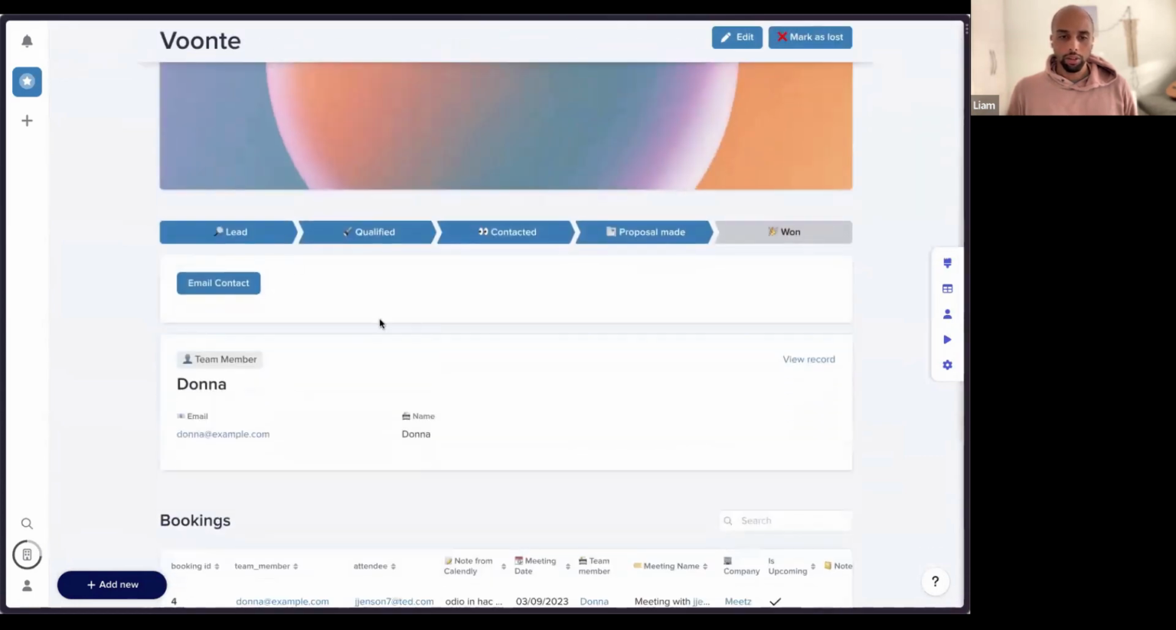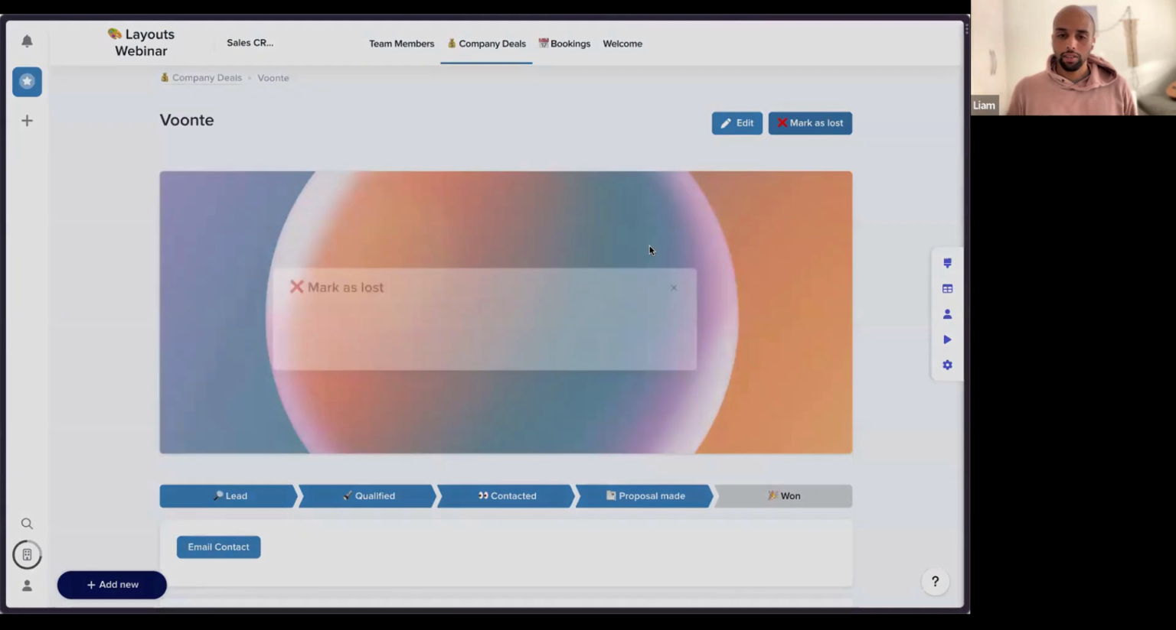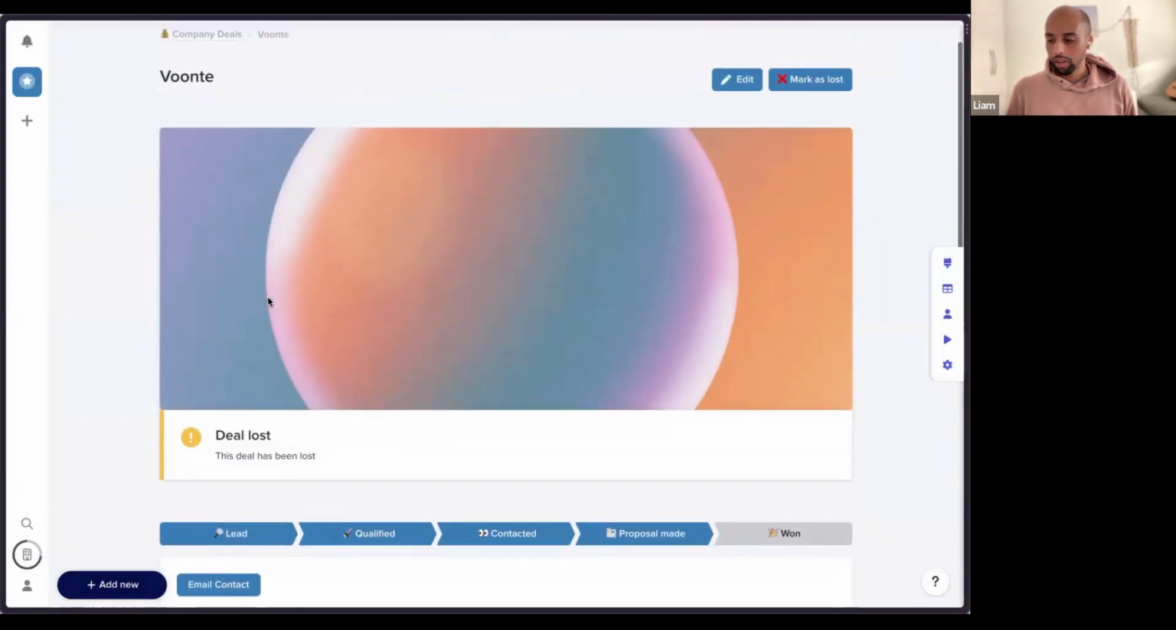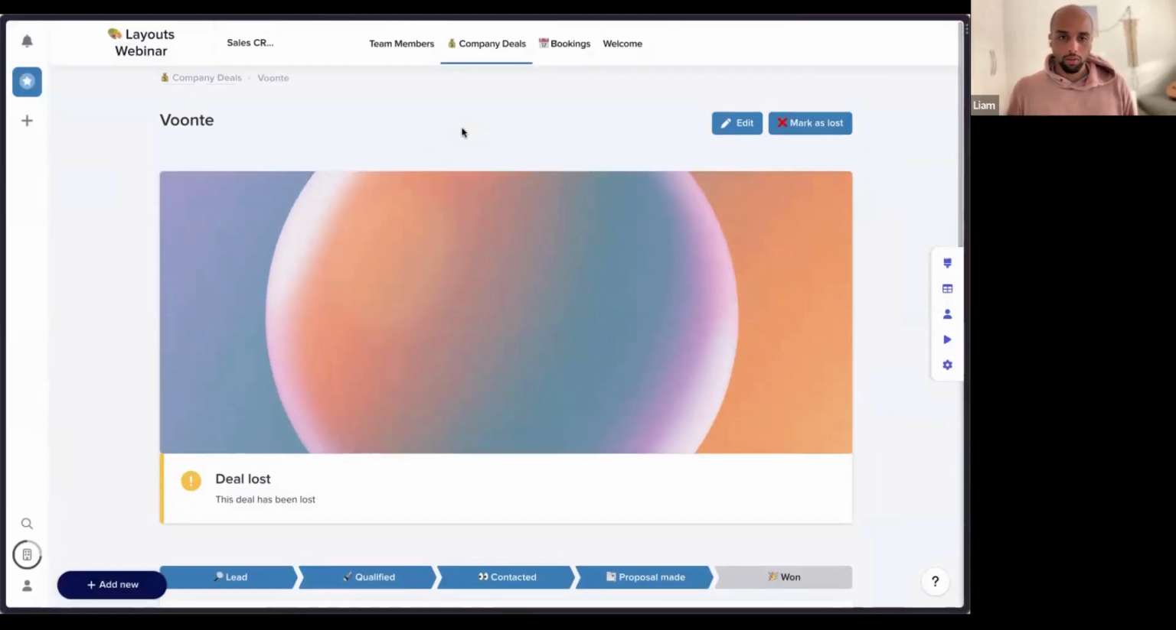you'll notice that you don't see that call out, but if I mark it as lost, our call out now appears, which is really cool. And it's really just about making it as easy for your users to navigate and also understand the information that's on the page. So last thing I'm going to play around with here, and I know we're running low on